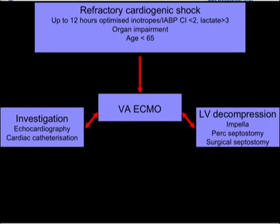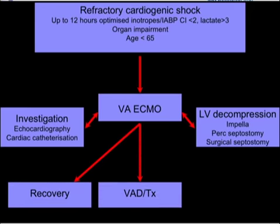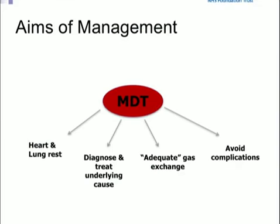We need to think about decompressive strategies. Then we need to think about recovery and options prior to palliation. I've got a few minutes left, I think. 5 minutes. Perfect. We're going to talk a little bit about some of the aims of management and the concepts